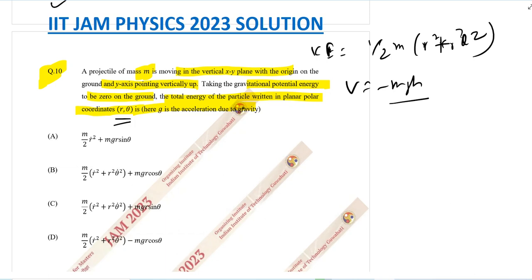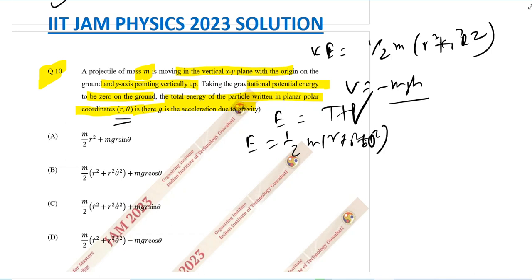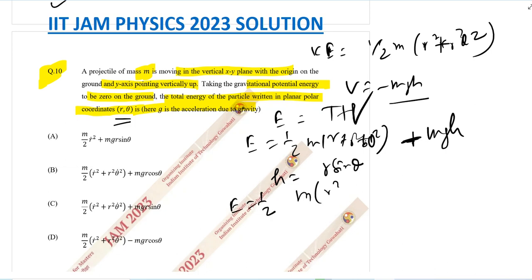तो टोटल एनर्जी अगर E ले लेंगे, इज द सम ऑफ द काइनेटिक एंड द पोटेंशियल एनर्जी, T प्लस V. सब्स्टिट्यूटिंग द एक्सप्रेशन हम लोग लिख सकते हैं m स्क्वायर minus mgh. So now let's express the potential energy terms in terms of the polar coordinates. So the height can be written as h equal to r sine theta, where r is the radial distance and theta is the angle. Substituting this expression into total energy equation, we get E equal to half m r square